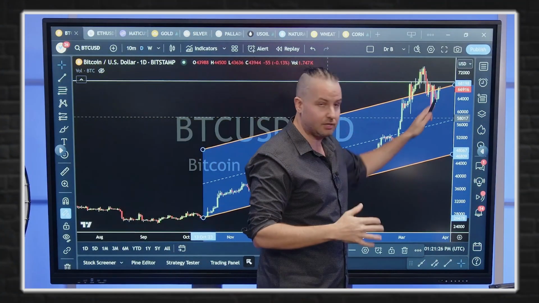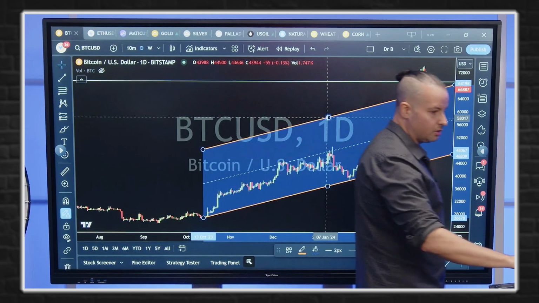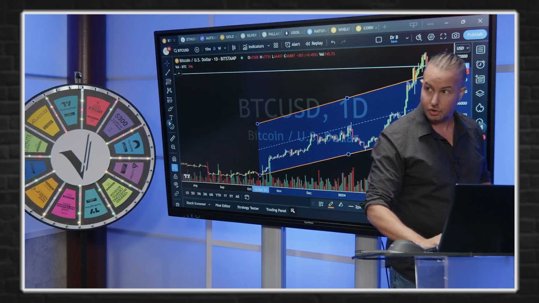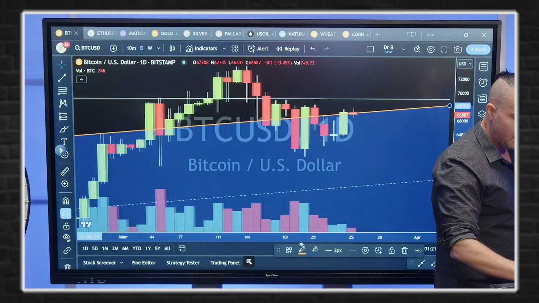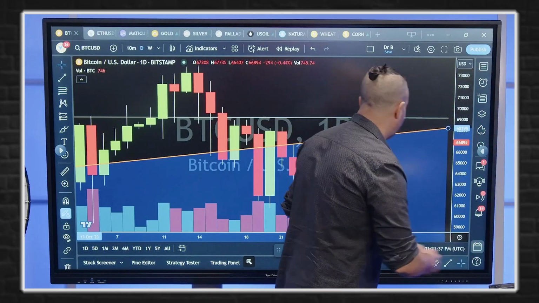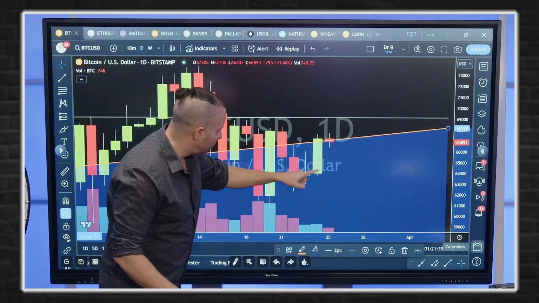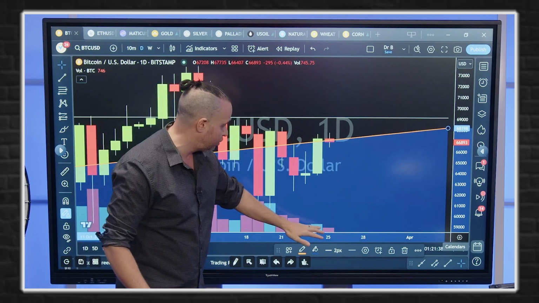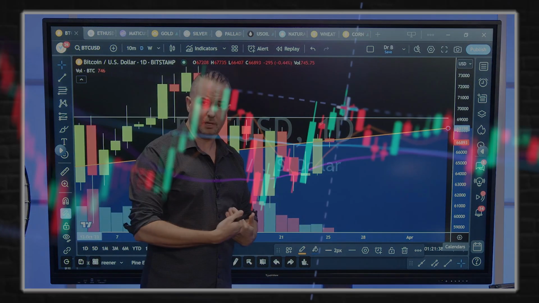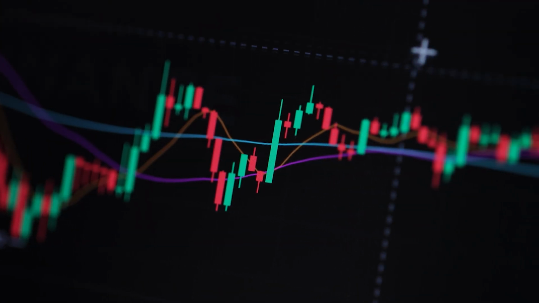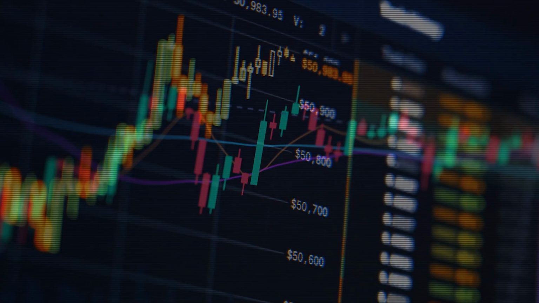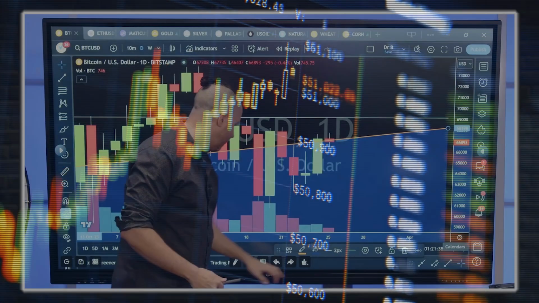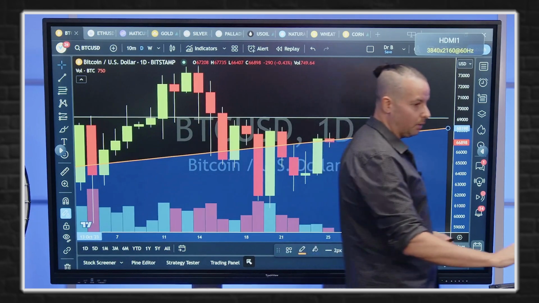The rally we saw yesterday was on a Sunday, and I want to show you something that I pay attention to. If we flip on our volume at the bottom of this chart, look at the rally on Sunday, where here was the move, and look at the volume compared to last week. Super, super light volume. They kind of propped it up on Sunday. I don't really like to see that because there's not enough buyers behind it to give it teeth, but nonetheless, it did pop up. We're seeing a little bit of a pause today, but let's watch and see where we go today and ultimately where we could be headed.